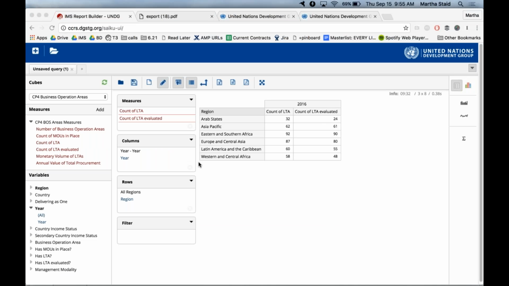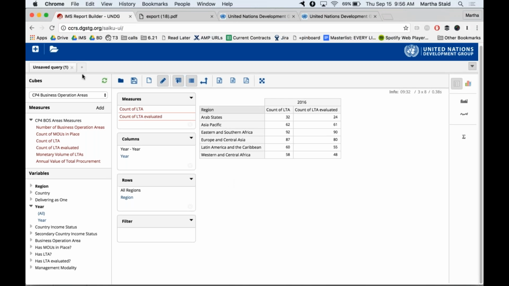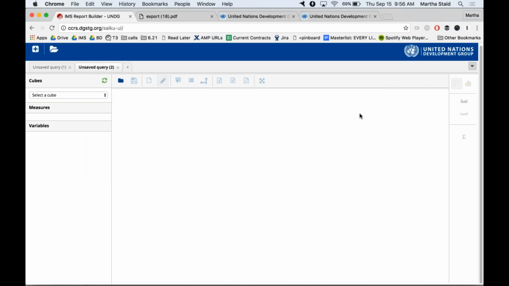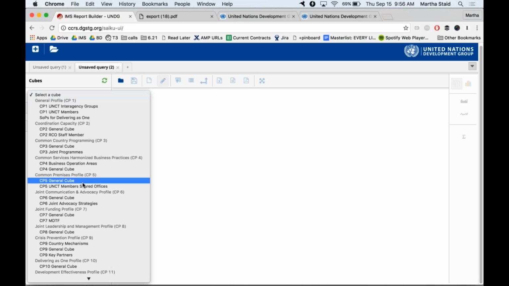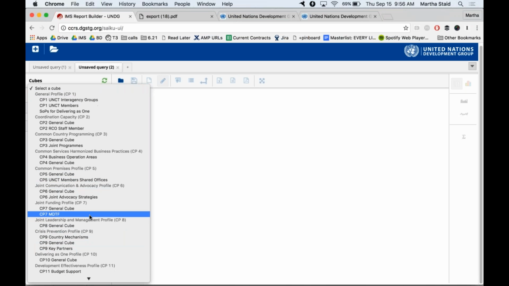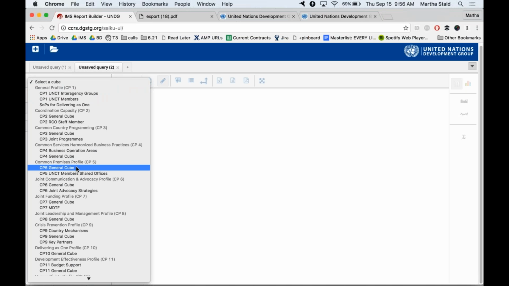However, what would be good to show would be how with this tool you could spot some outliers, right? So if you're looking at specific data and you have some countries hovering around a certain number and other countries either very high or very low, maybe you can run through an exercise to show how you would be able to spot the outliers and then go back to that country and say, are you sure you have 300 people in your UN country team? That seems very high. Do you mean 30? Did you add an extra 0? So maybe you can show us a sort of visual on how you could spot some outliers on numerical data.